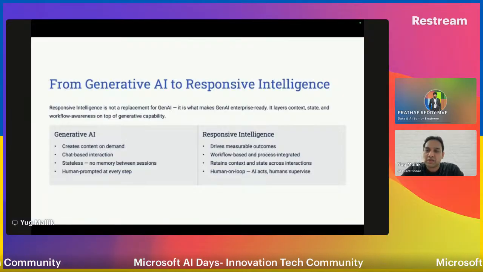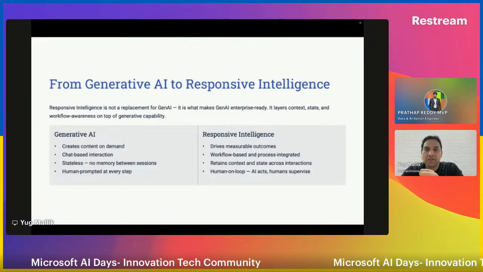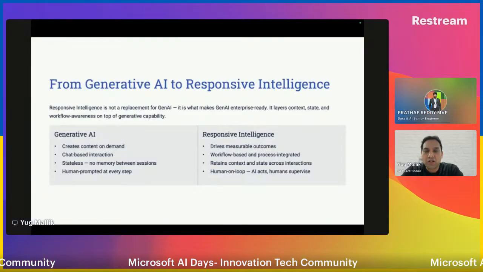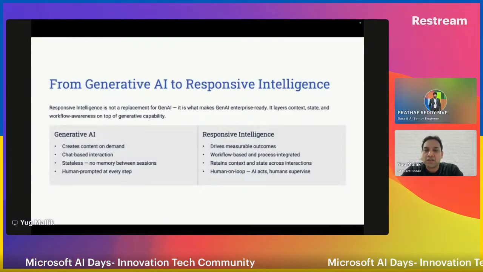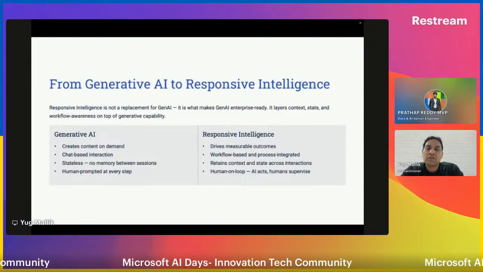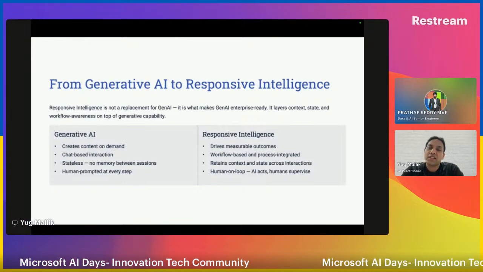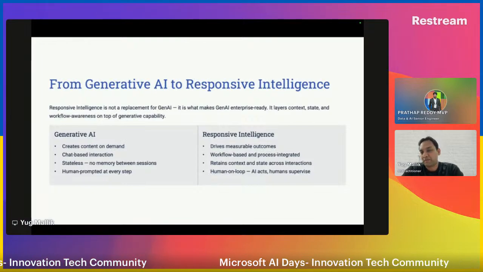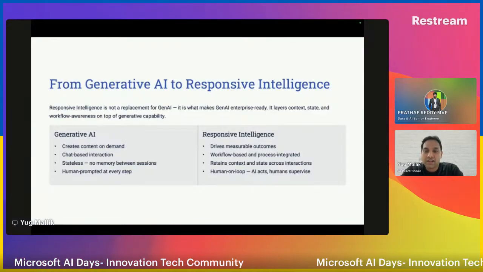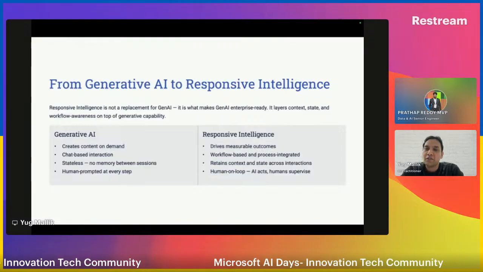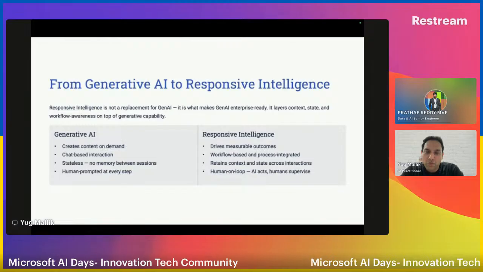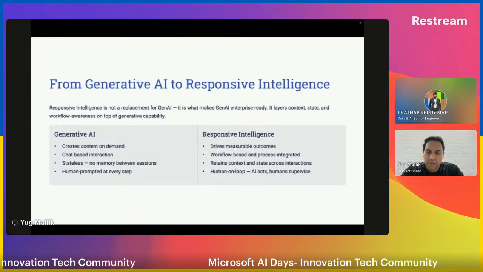And these are stateless across multiple sessions. I mean, if you have typed something in the morning, you might have got a response, but in the evening, for a new session, when you open ChatGPT and type, it may not give you the output with the same context that you had asked in the morning. So it's stateless, it doesn't remember the context or the state every time, right? And of course it is human prompted. Every time you have to get into the app, open it and prompt whatever you want, right?